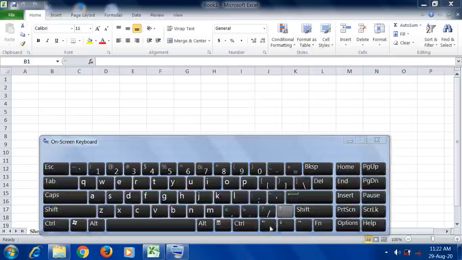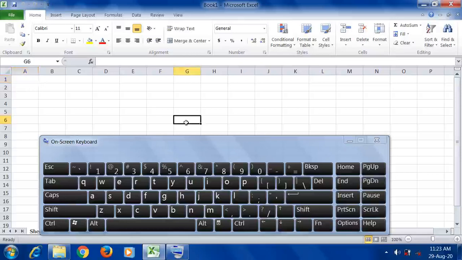Now here you have 4 arrow keys. Just imagine my cursor is here. I want to move to the right side, so column right. In that case, use this forward arrow key on your keyboard. Your cursor moves to the right side. Then if you want to move in the backward direction, use this backward arrow key. So your cursor, this cell pointer, moves to the back side.